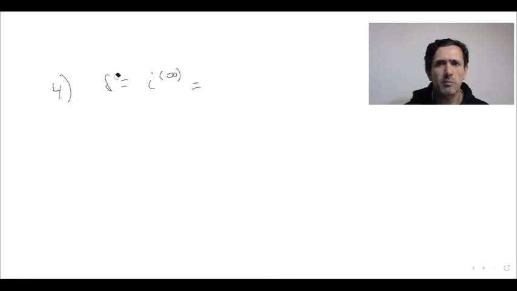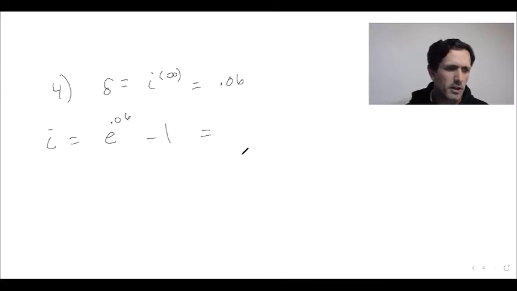Delta is going to be 0.06, and the equivalent effective annual interest rate is e to the delta minus 1. So it's e to the 0.06 minus 1, and this is going to be